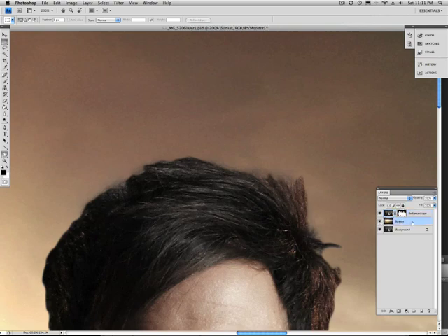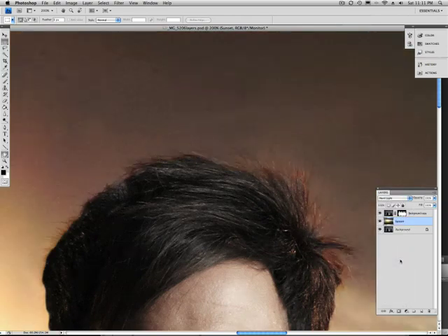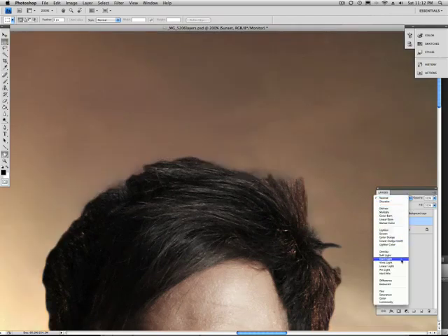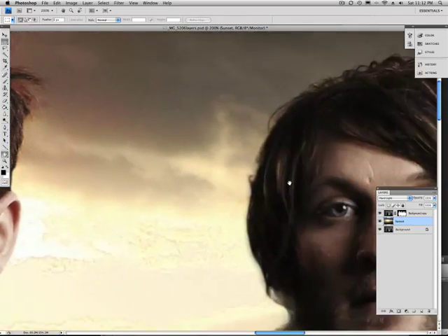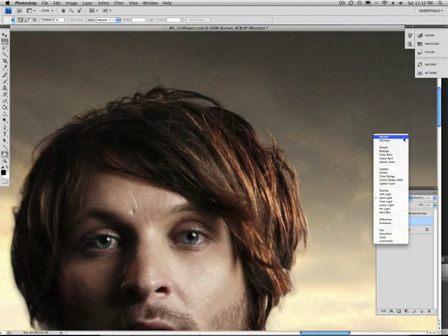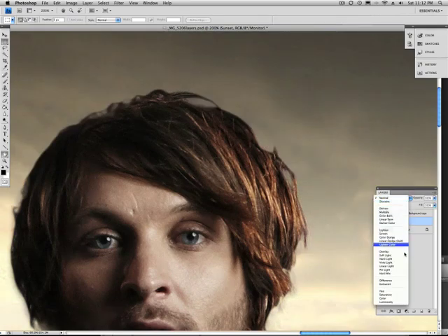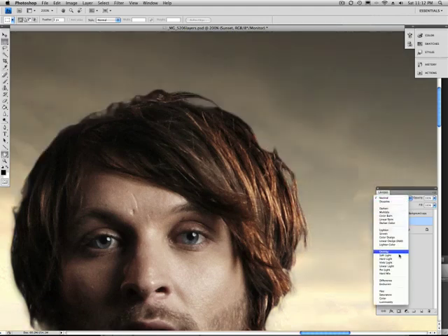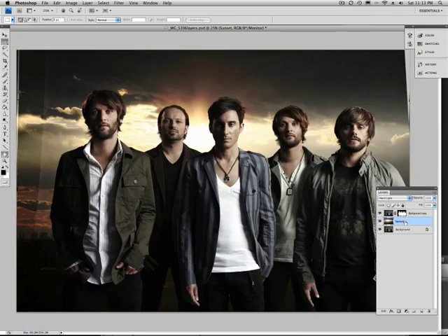We select that sunset layer and then change the blending mode from normal to hard light, and there you go, bam. Let me just switch back and forth between normal and hard light, and you can really see the difference here. Look at that. Hard light has more contrast, but it's also taking on characteristics of the tones in the gray